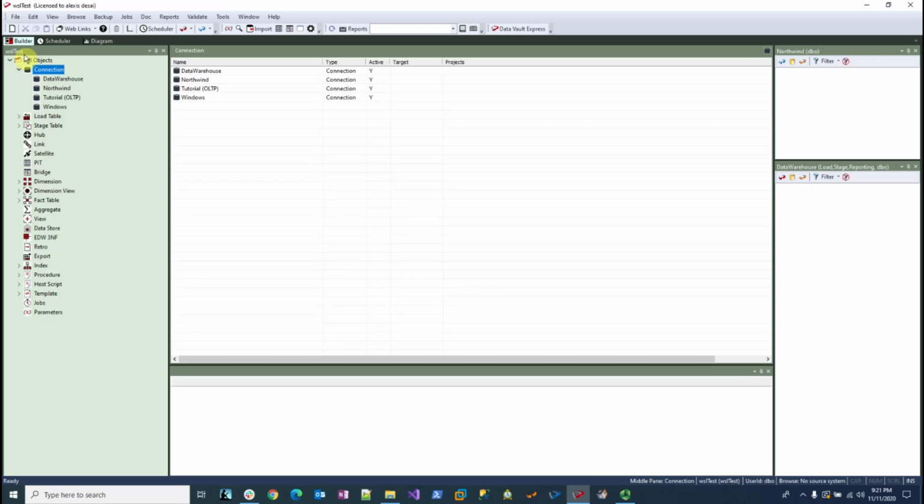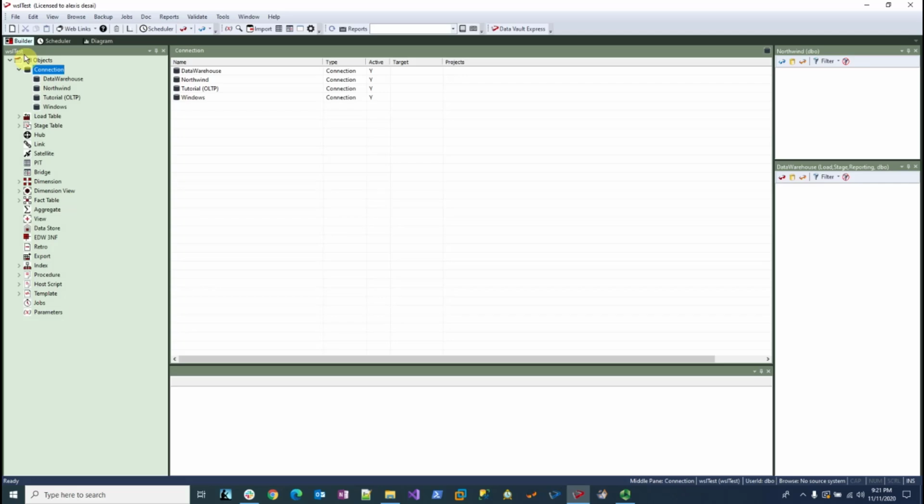How many projects have you been on where metadata capture and documentation tasks have been pushed out to the next release or sprint? Sometimes the documentation is incomplete, it's out of date, or it's entirely lacking. Does your IT team ever have to go on a wild goose chase trying to find documentation that's generated in disparate tools? So today I'm going to show you how WhereScape's built-in self-documenting feature can help to solve all of